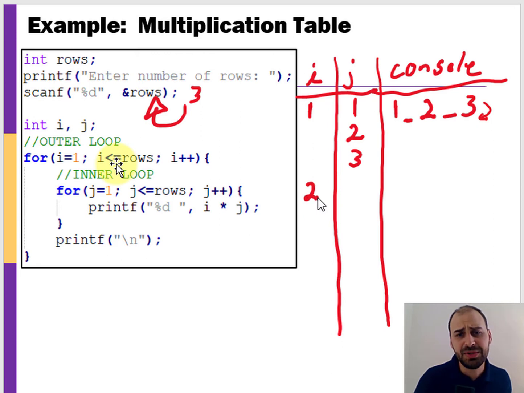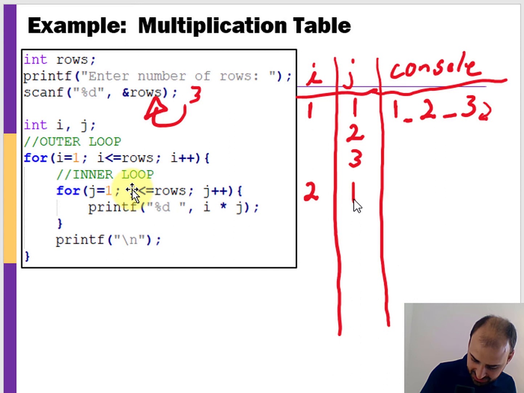Okay, i becomes 2. We enter the outer loop, right? We're going to go into the body of the outer loop, and then we're going to hit the inner loop again. And the key thing is we're hitting it again. So j is going to get reset to 1. So j is going to become 1 here, right? And we're going to now iterate the inner loop again, which is effectively going to count 1, 2, 3, right,